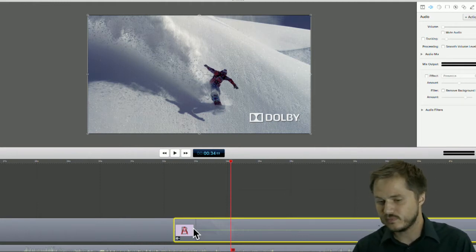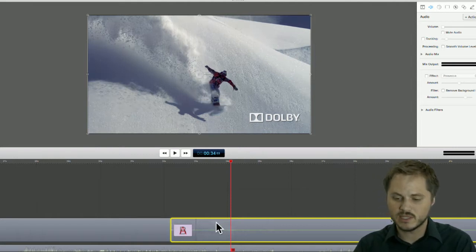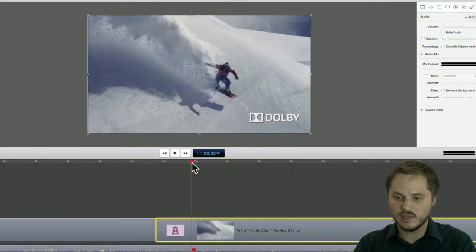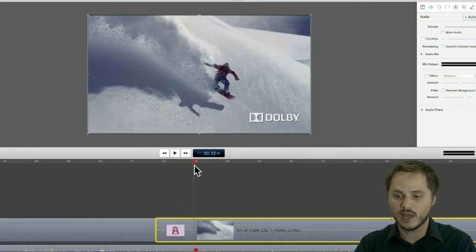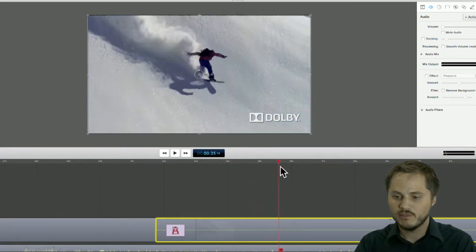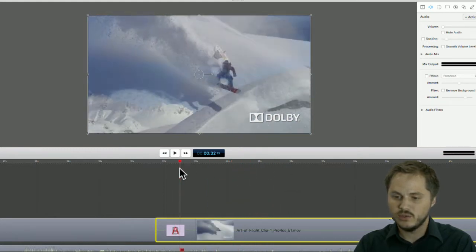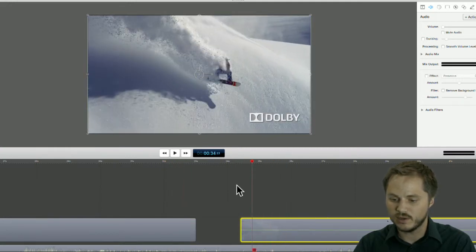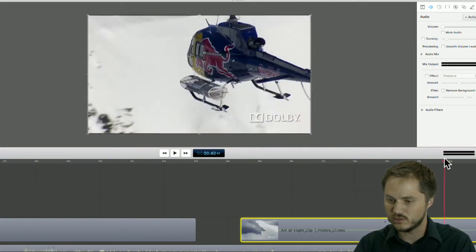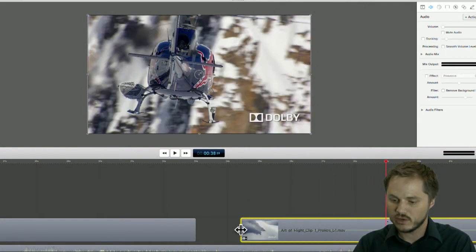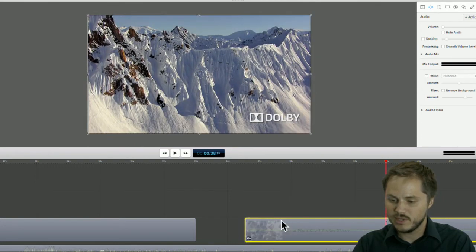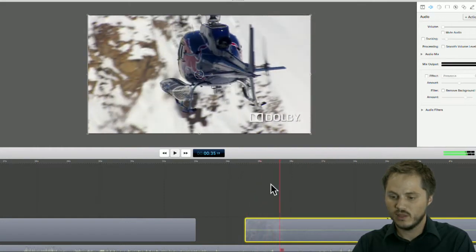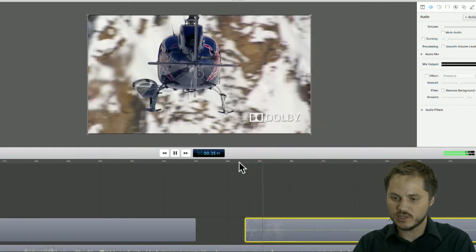So if I want, say, this transition to be much slower, then I'm sacrificing when this in point comes in and when you actually start to see the guy on the slope here. For example, if I really wanted you to see the second part of the clip, maybe a better way to do this is cut to, say, this helicopter shot. If we cut to the helicopter shot, and I want this to be the first clip that you see, this is the first frame, and I want the transition to play at a certain speed,